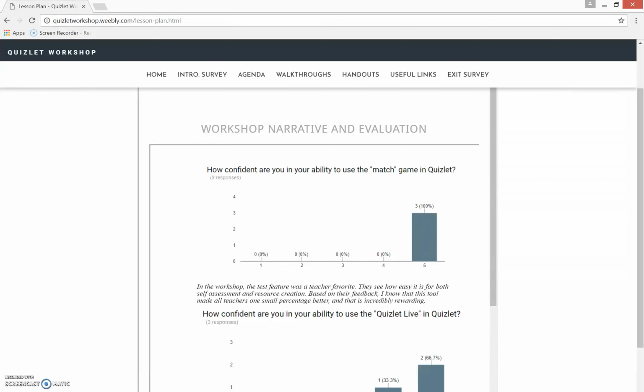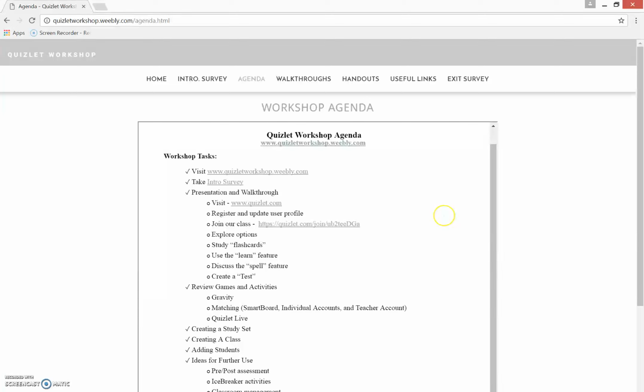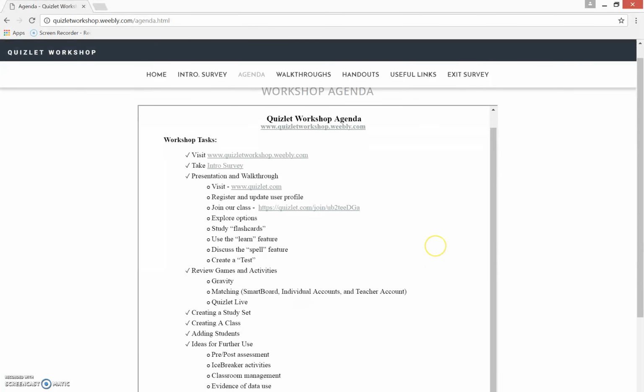It went great. I'm going to actually do a follow-up workshop on how to combine multiple study sets, how to import data from Excel or Word or another type of program. And so I was really pleased with how the workshop went,